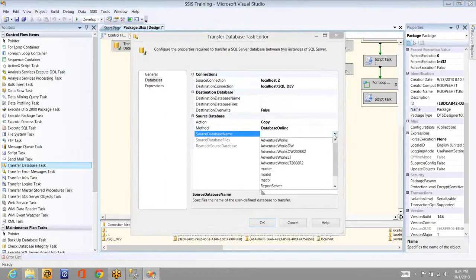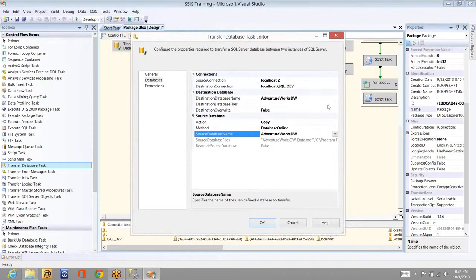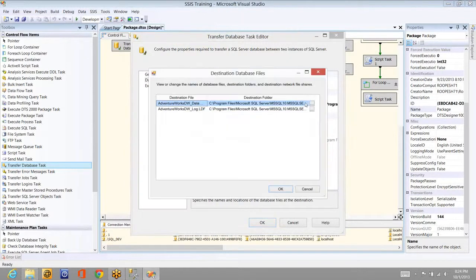Now let me select the database name. I'll select AdventureWorks DW, and destination database is the same, and let me select the files here. So if you see, this is pointing to source files. This is MS SQL Server, the default instance. This is source, right? So what we have to do is set it as SQL dev.